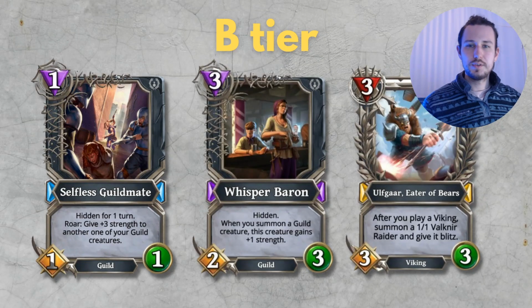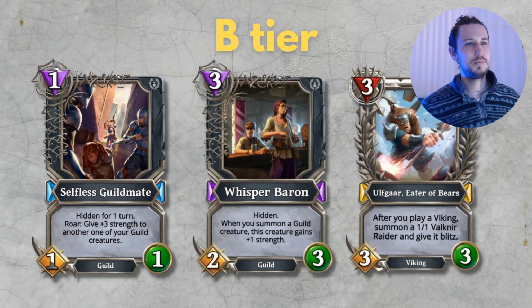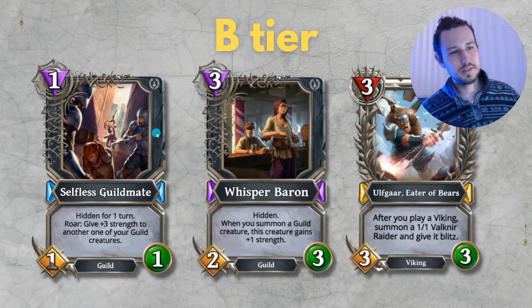Ether cards. Okay, so the B tiers, these are just solid cards, but they're nothing special, and they also aren't really standalone. So you need to play around certain things, which means that they're not going to be a super powerful card on their own. So basically, you have the